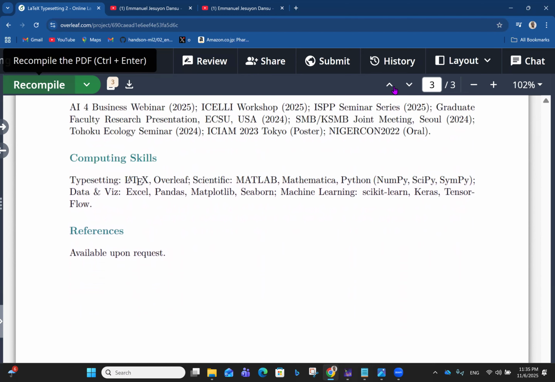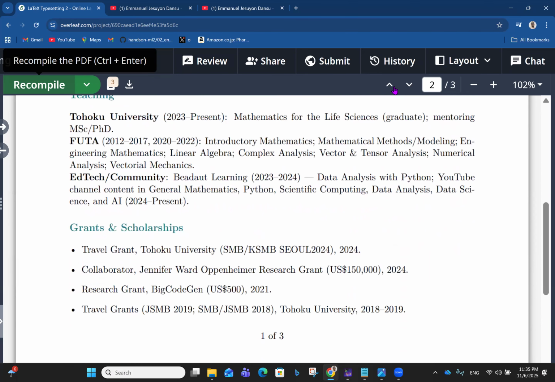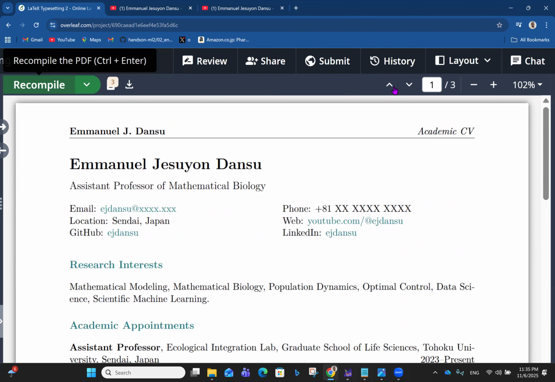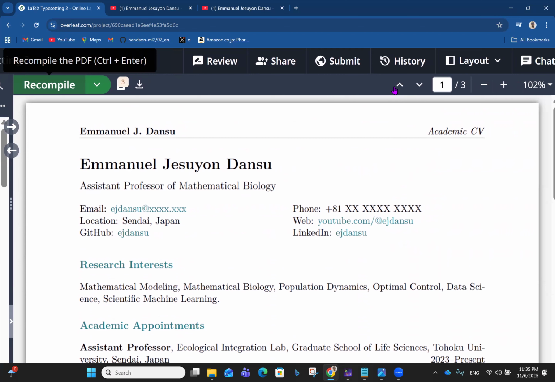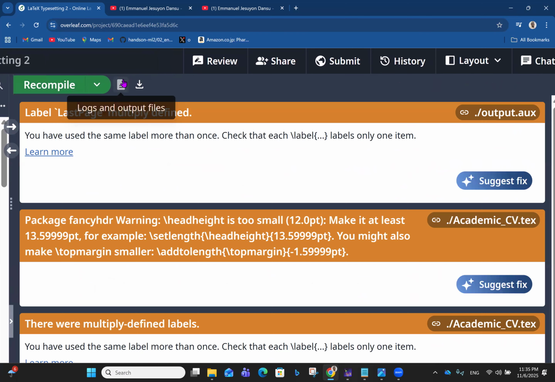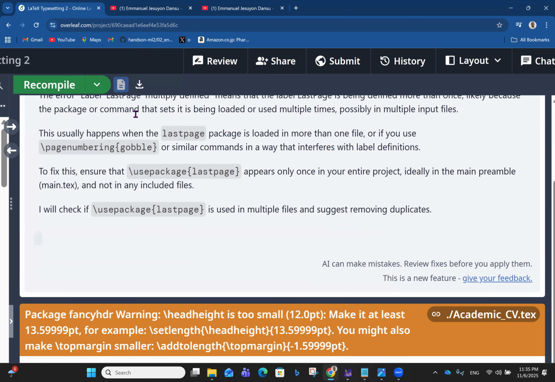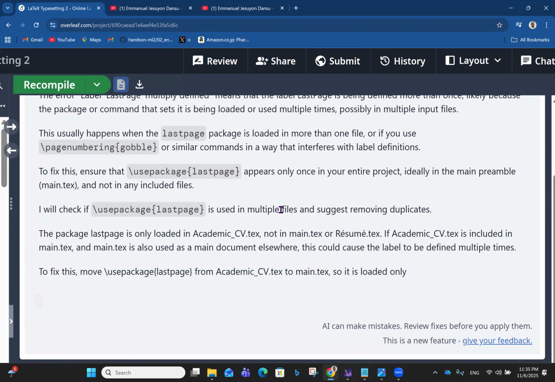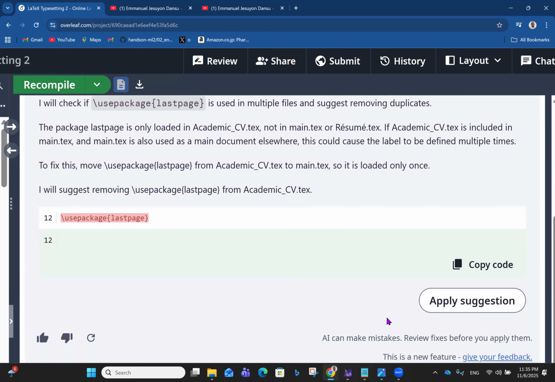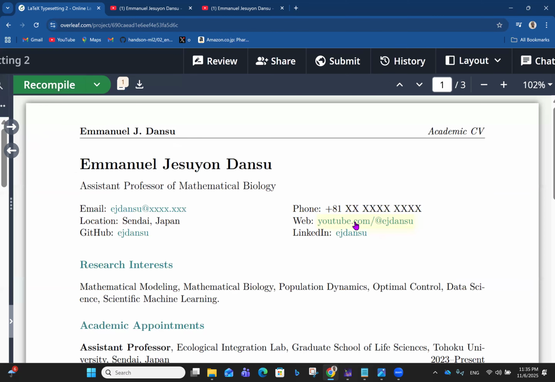So like that. If you have this now, you can then use it the way you want. You just adapt it to what you have. And like I said the other time, you don't have to worry at all if there are a bit of errors. I'm seeing three, meaning that there are three issues. So I want to see if I can resolve them using the AI built into